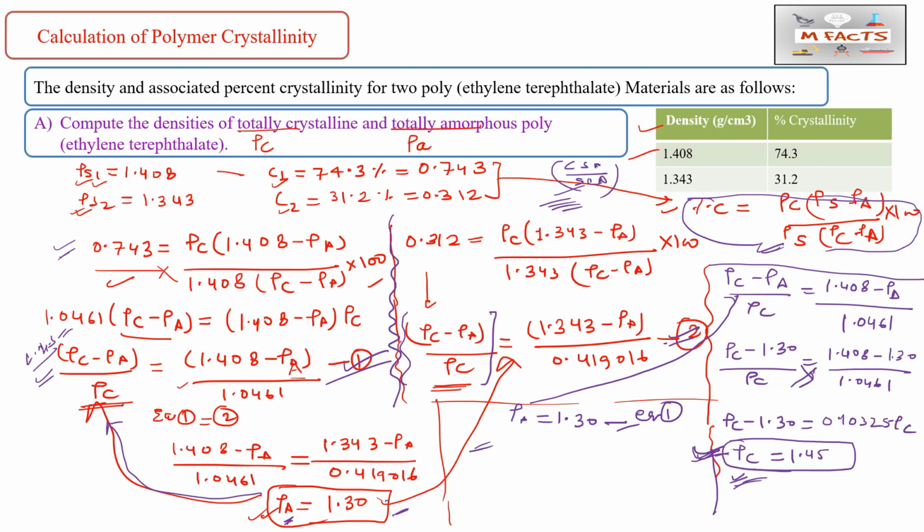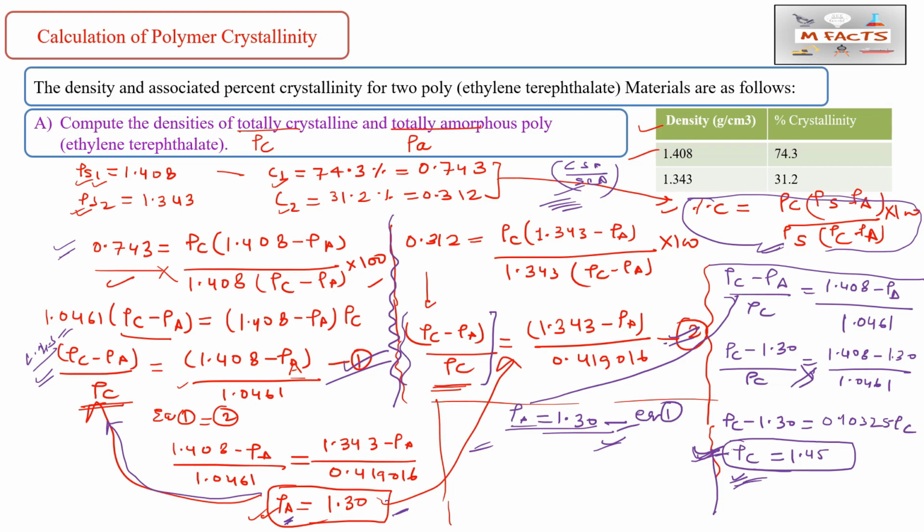The calculations are very simple, but one may make silly mistakes with multiplication and division, because we have to use the virtual calculator in the GATE exam or the RINL exam, or any online exam. So as much as possible, avoid the silly mistakes and find the easiest way of solving this type of question.